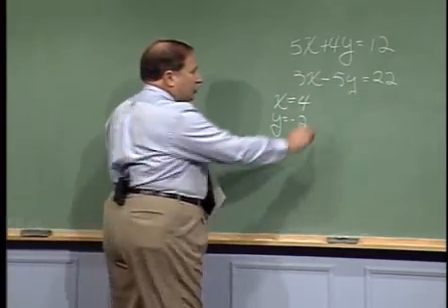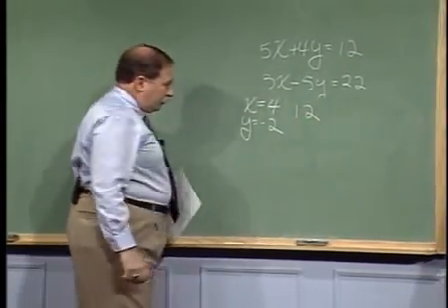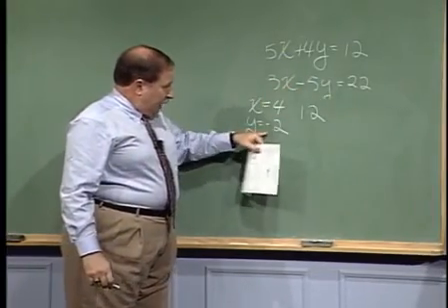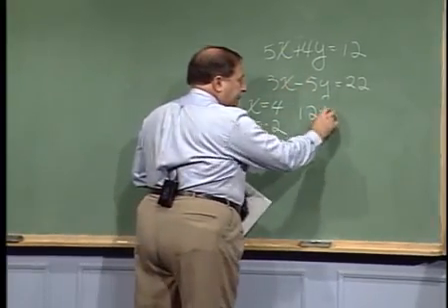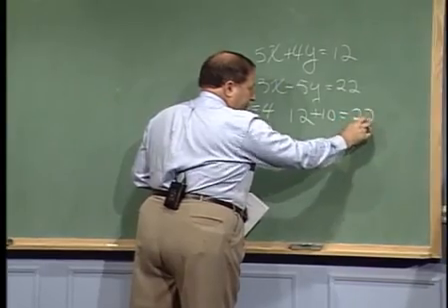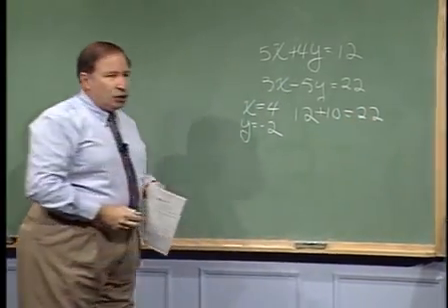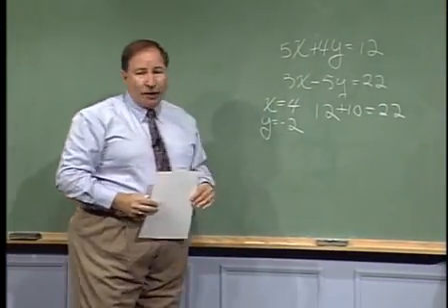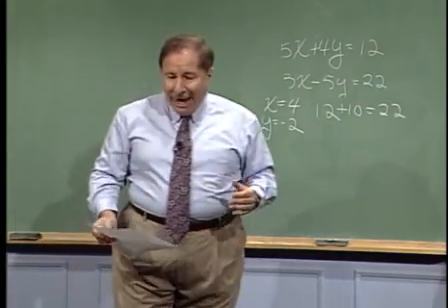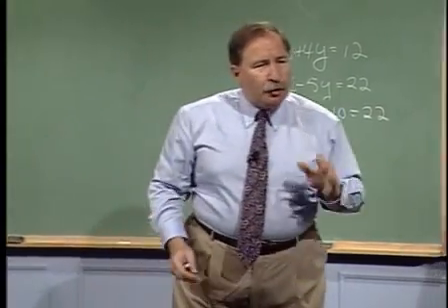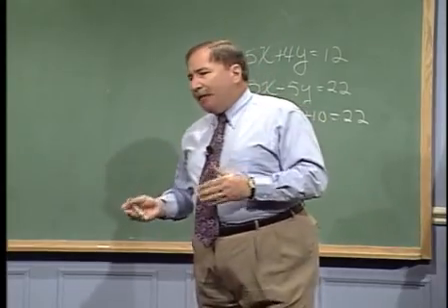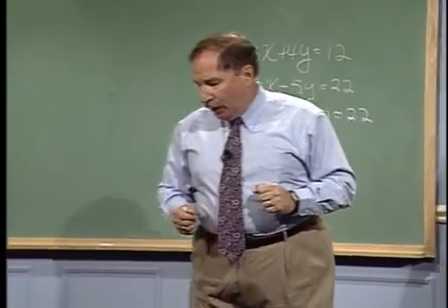3 times x is 12. Negative 5 times negative 2 is plus 10. And indeed, 12 plus 10 is 22. Again, had we gone back to the method of graphing, had we graphed 5x plus 4y equals 12, and had